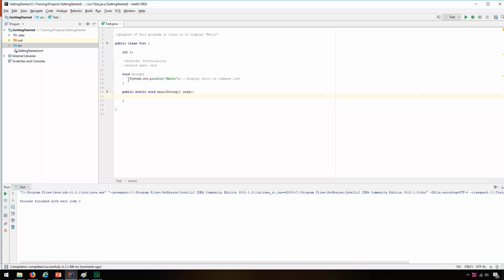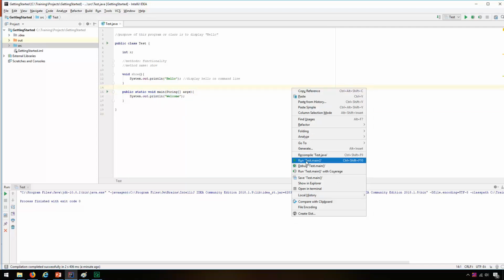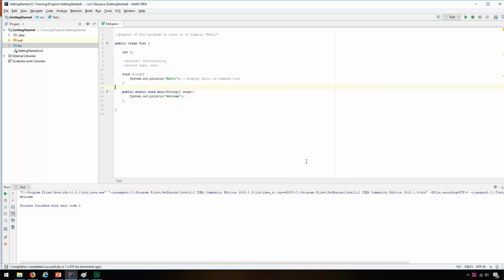Suppose I write a System.out.println into this and write welcome. That means in this program I have one main method which tries to show a welcome message. Now I am trying to run again, right click, run. Now see, I am seeing a welcome message on the prompt. Why? Because this main method consists of a statement. If I write multiple statements into it,